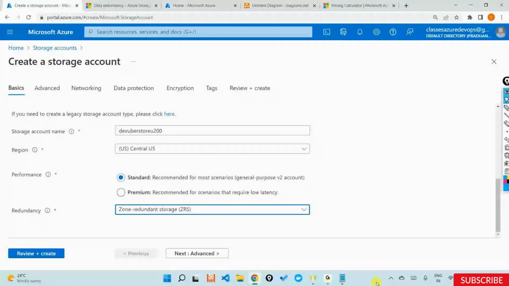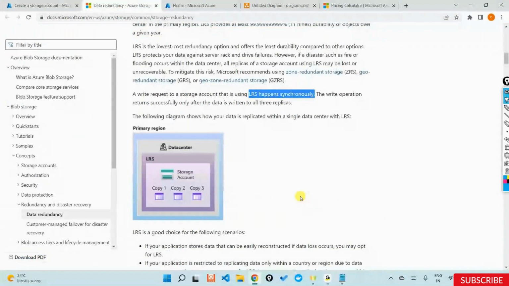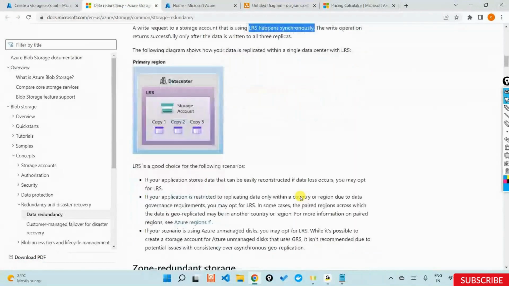And if you create a storage account in LRS, can you change it to ZRS? Definitely yes. You can change the storage account tier, or change the redundancy from one tier to the other. This is allowed to be changed. So Microsoft says, okay, fine. If you want better data availability, or a better disaster recovery plan, go for ZRS,